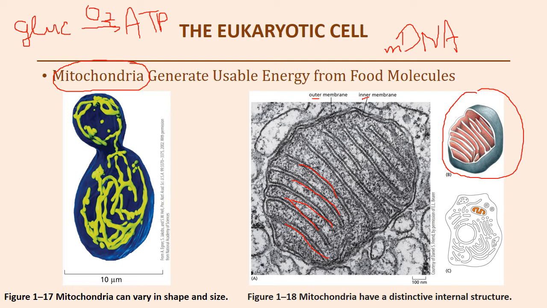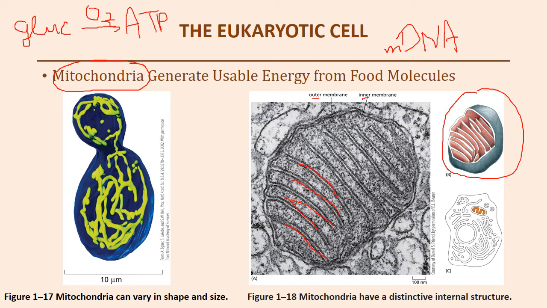Now, the fact that the mitochondria has a double membrane and has its own DNA sets it apart from all the other organelles that we find in the eukaryotic cell. And that is then going to be the basis of where exactly the mitochondria came from. Based on research, scientists believe that millions of years ago, the mitochondria was actually a free-living organism, meaning it completely functioned on its own. It was its own cell